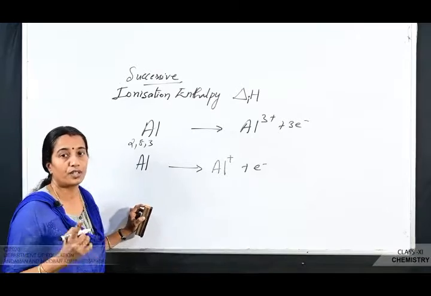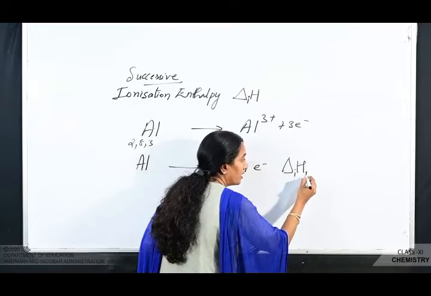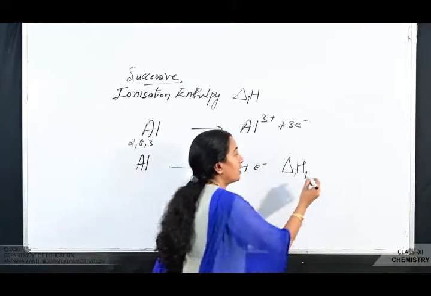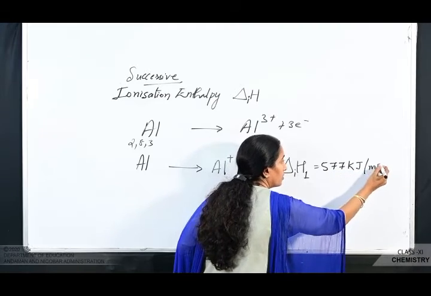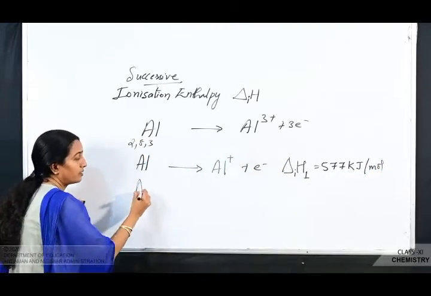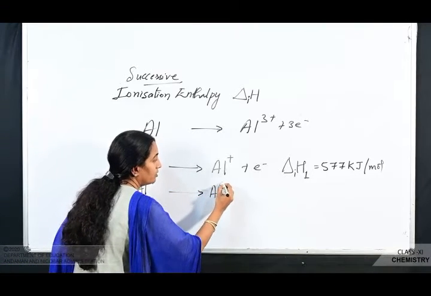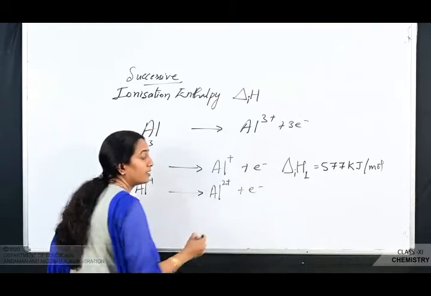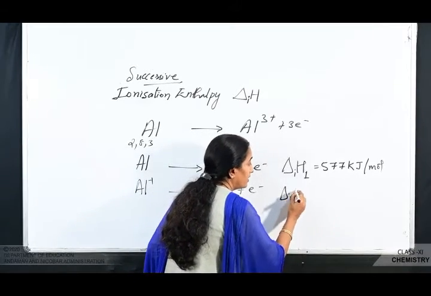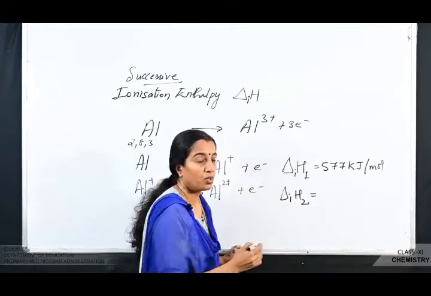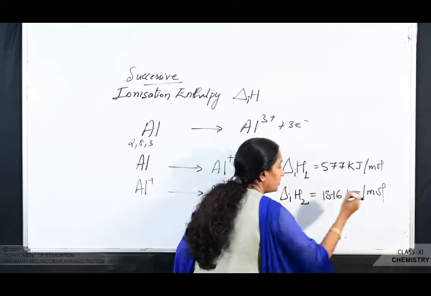Okay, and here the energy that is required is called the first ionization enthalpy. This is the first ionization enthalpy, which is equal to 577 kilojoule per mole. Now the aluminium plus ion is going to lose another electron, giving Al 2+, and here the ionization enthalpy is called the second ionization enthalpy, that is IH2, which is equal to 1816 kilojoule per mole. And the third